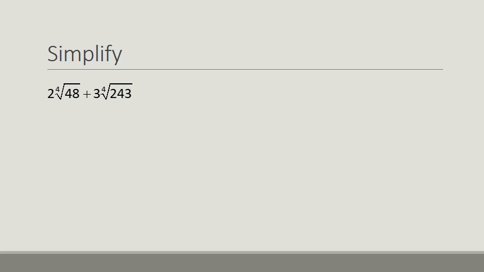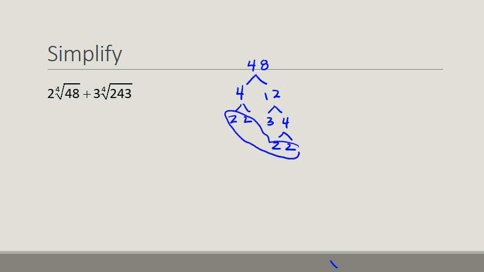All right. So let's go ahead and add this. Looks like we can't add. However, let's simplify our radicals first. So 48 is 4 times 12. 4 is 2 times 2. 12 is 3 times 4. And then 4 is 2 times 2. So I've got these that go together, and then the 3 that stays in. So it's going to come out. So I've got 2 times 2 times the fourth root of 3, or 4 times the fourth root of 3,